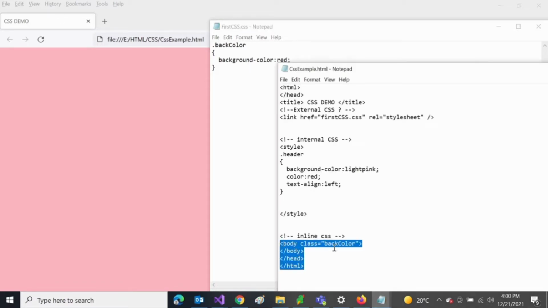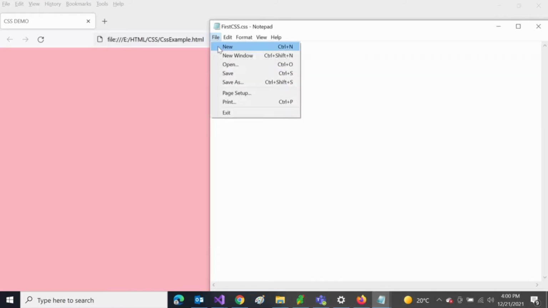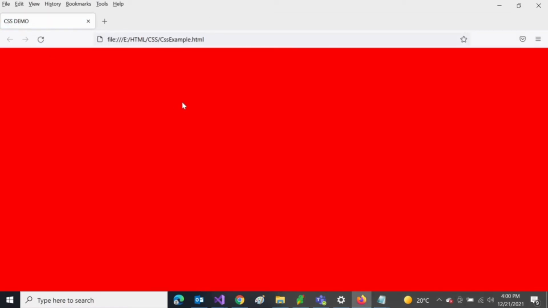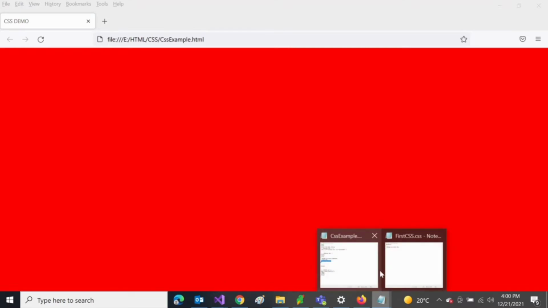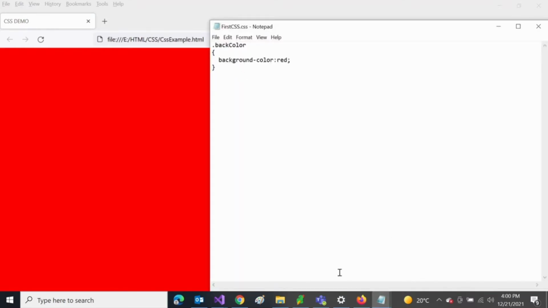Yeah, we have the body class equal to back color, and there is no back color class in the HTML file, only the header one is present, but in the CSS file we have made the back color red, and there it goes. Right, this way we can link the external CSS and we can write many more CSS rules, whatever our requirement. You get your personal requirement, or a requirement from any client or business user, and you can create the web page accordingly.